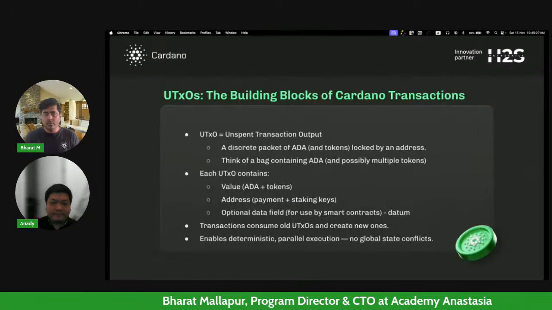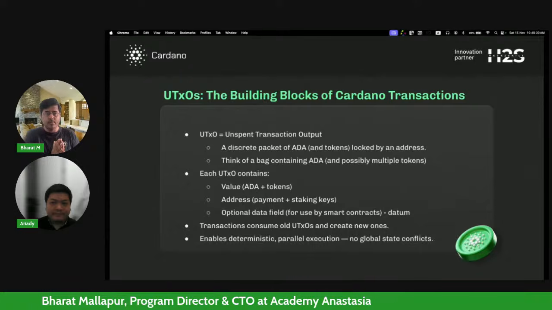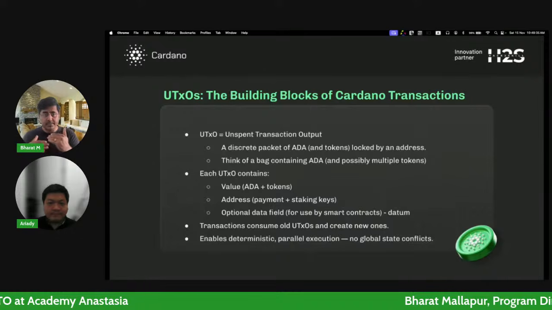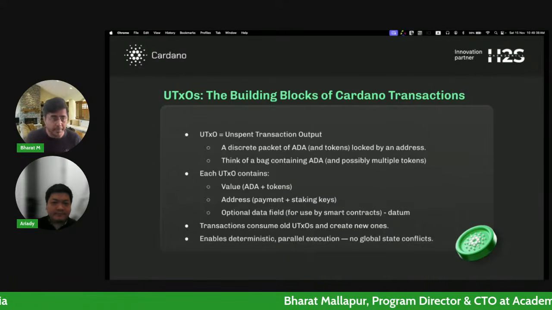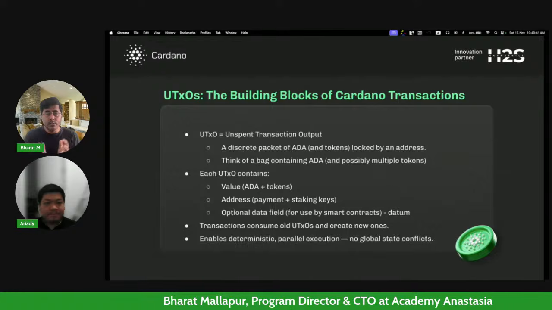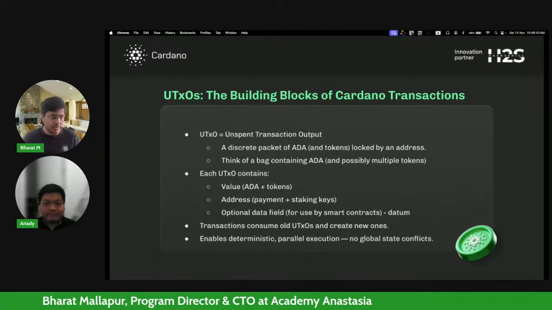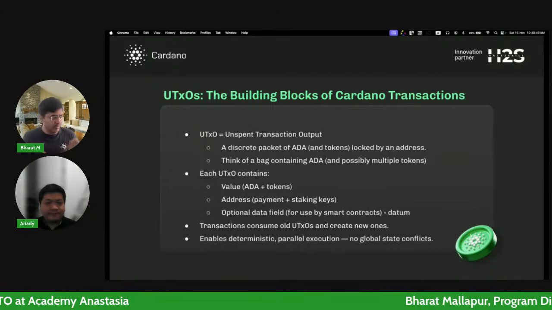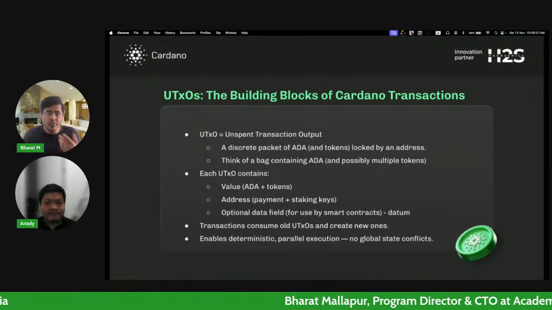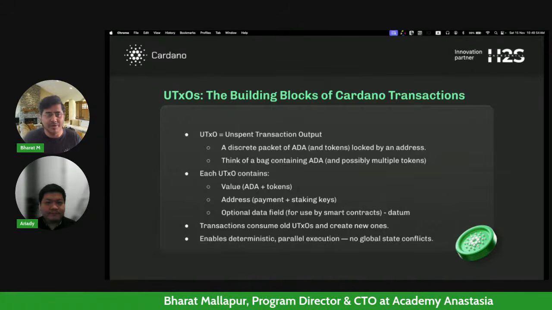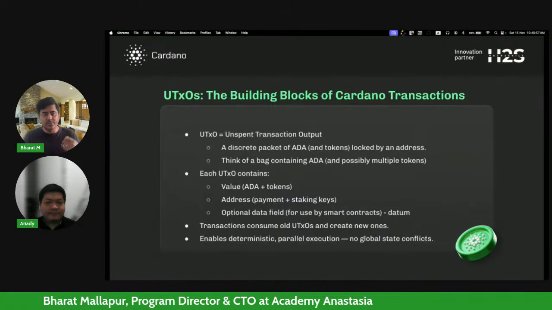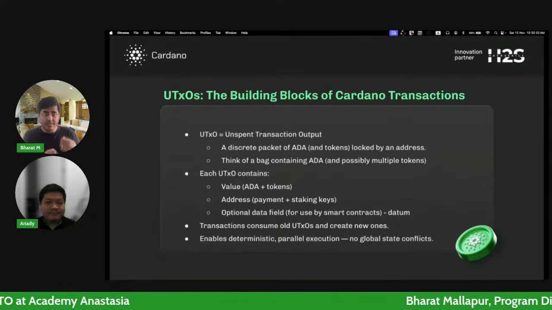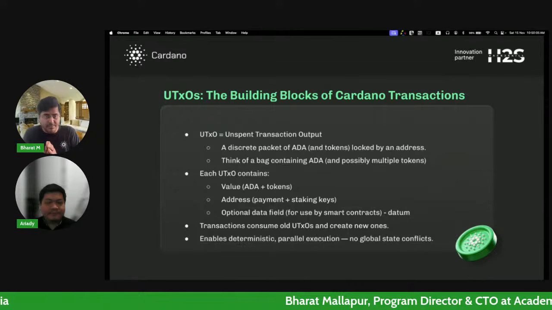Right. So now we have talked about how Cardano is a UTXO based blockchain, very similar to Bitcoin, but it has extended it to an even more powerful paradigm. So what is a UTXO? It's an unspent transaction output. In plain English, if you have a real physical wallet, you can only spend the cash that is unspent in your wallet. Each of those currency notes in your wallet, you can think of as an unspent transaction output. You got that money from some other transaction, but that's the part which was unspent.